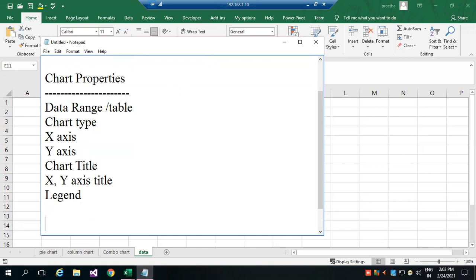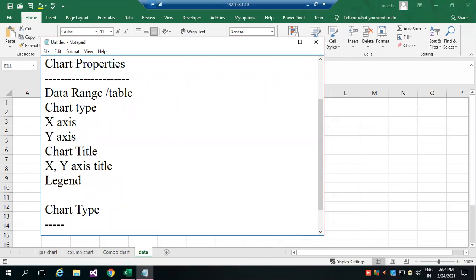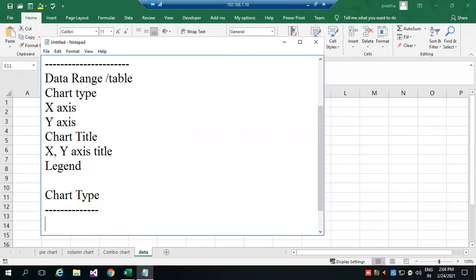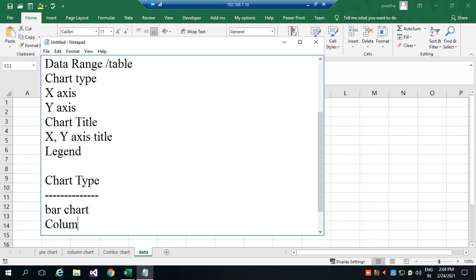And here, if I come to chart type, the commonly used are bar chart, column chart. In bar chart, one more model is there, which is called stacked bar chart.